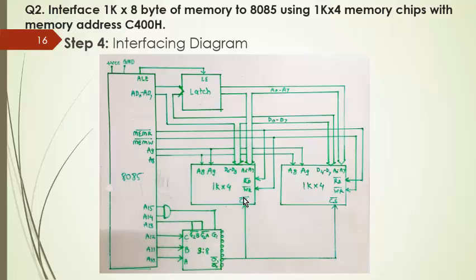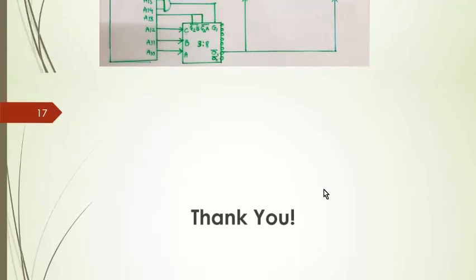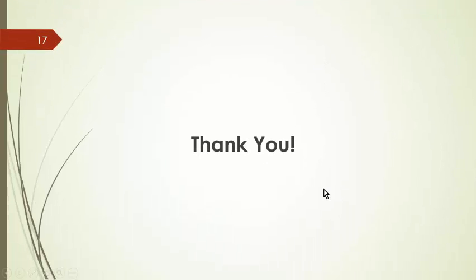And finally the chip select signal generation logic. A10 to A12 pins are connected to ABC input. A13 is connected to G2A bar, G2B bar. A14, A15 is connected to a 2 input AND gate, and the output of the AND gate is connected to G1. Okay, and here the bit